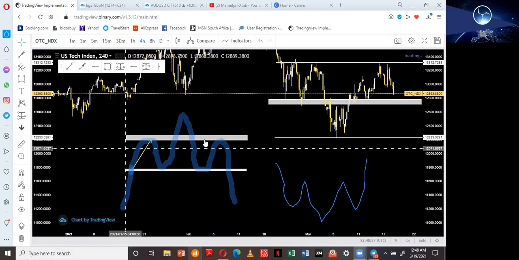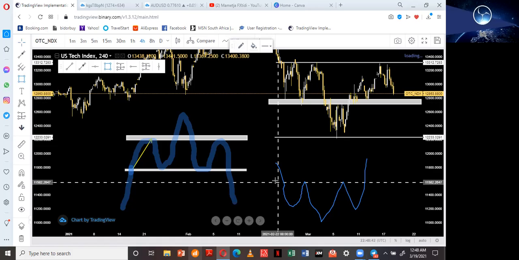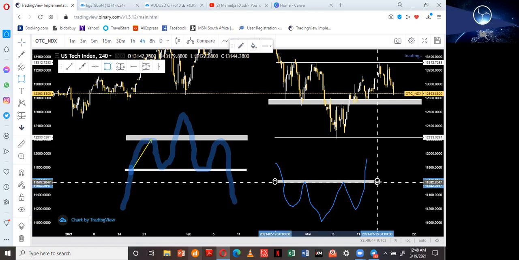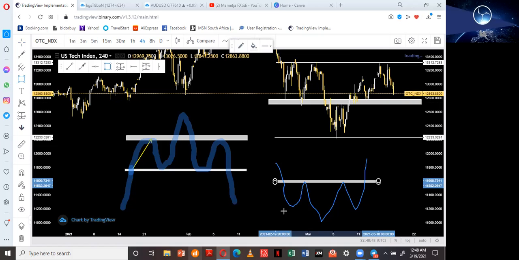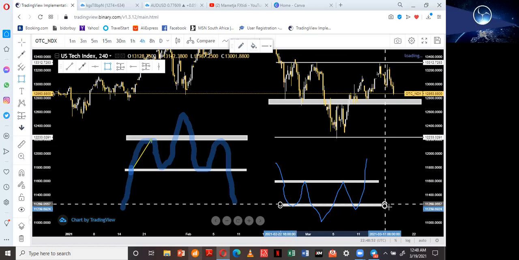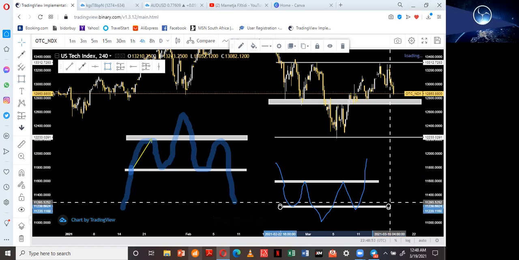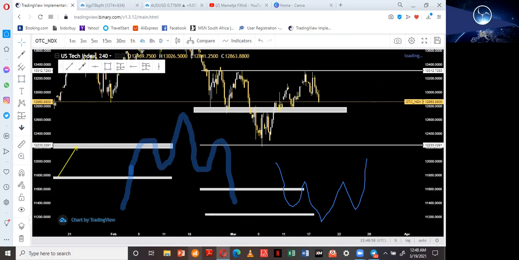An inverse head and shoulder looks like this. So we'll be having our level of resistance there, and a support level there. So now, looking at the current situation of Nasdaq,